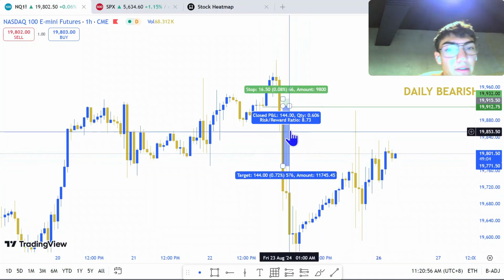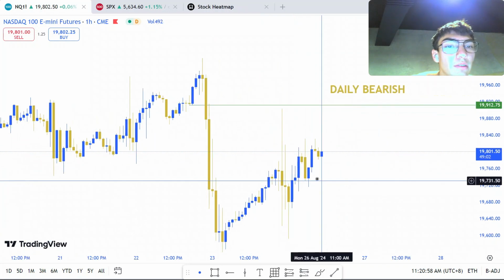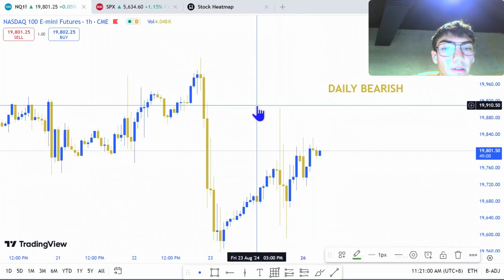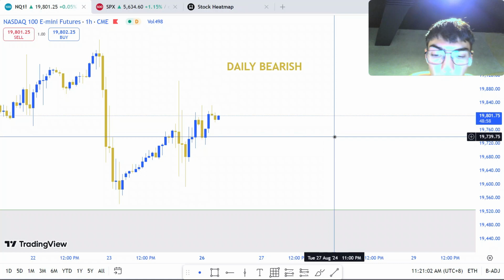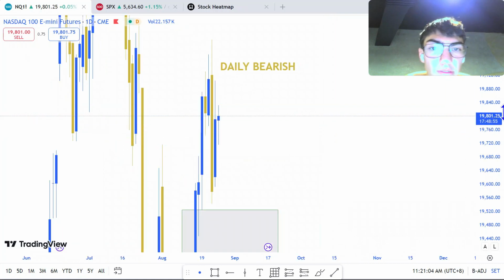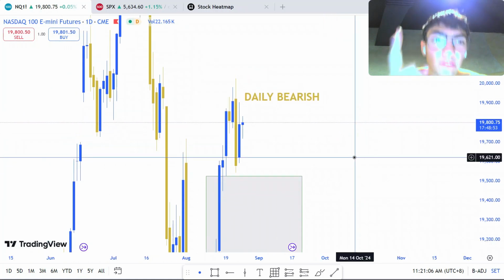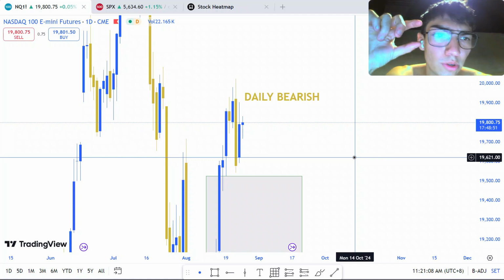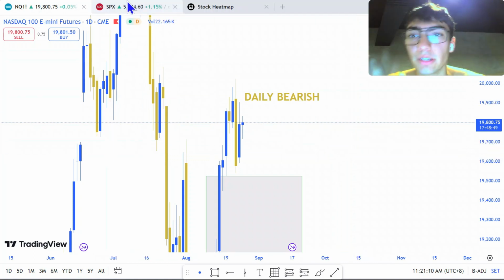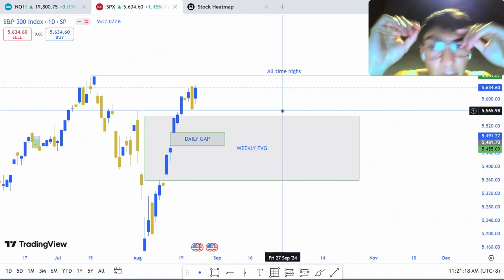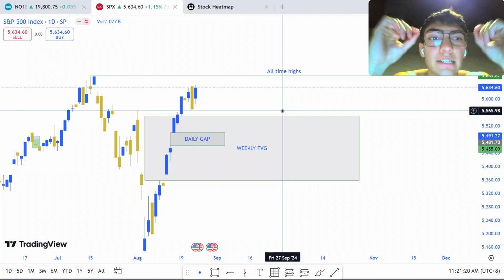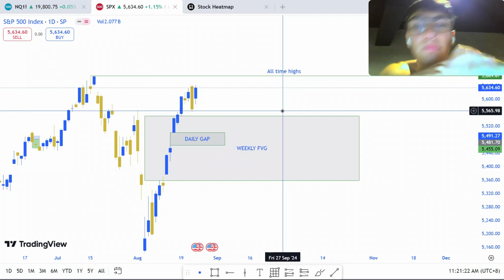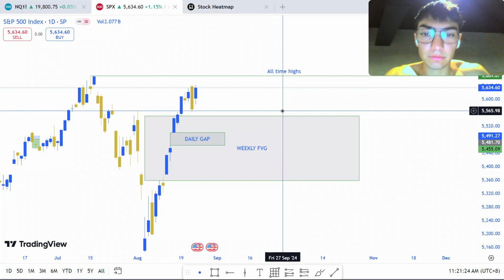So that's what I mean. If you see that coming up on the Nasdaq, then you would go short and life is good. You also have a stop loss that is shorter than your take profit. There you go. On the SBUX SPY, the daily is bearish, so we are looking for shorts once again.